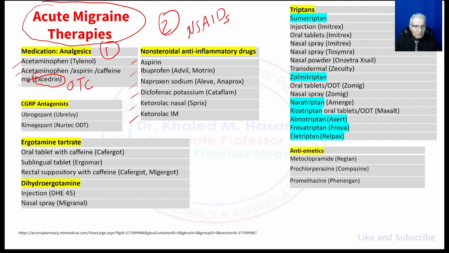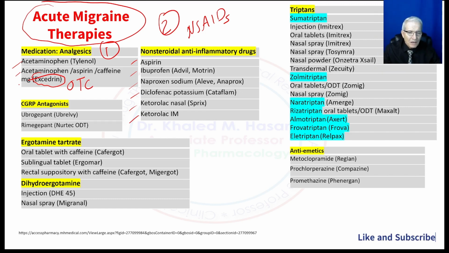Okay, moving to the triptans. As you can see here, speaking about triptans, we have the prototype, the first medication in this list, sumatriptan. Then we have zolmitriptan, naratriptan, rizatriptan, almotriptan, frovatriptan, eletriptan. Okay, so sumatriptan is available in several pharmaceutical